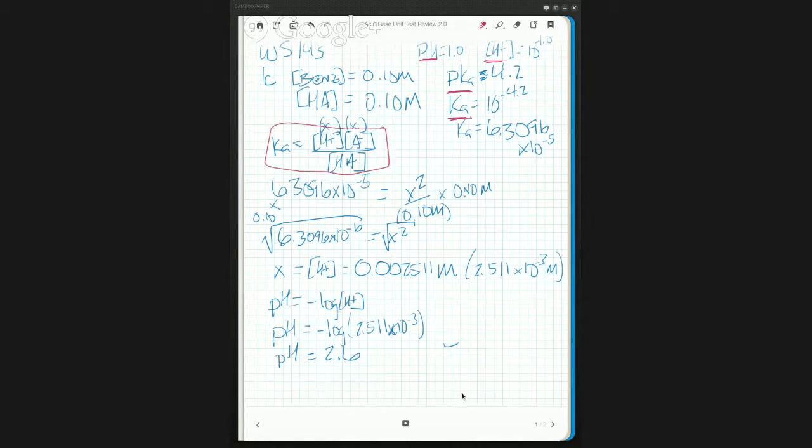I introduced this to you guys at one point right before I did the Henderson-Hasselbalch. The concentration of H plus is equal to Ka times HA over A minus,